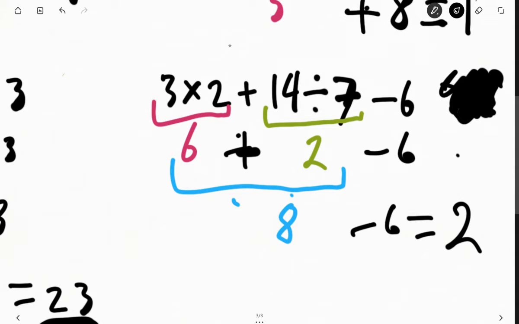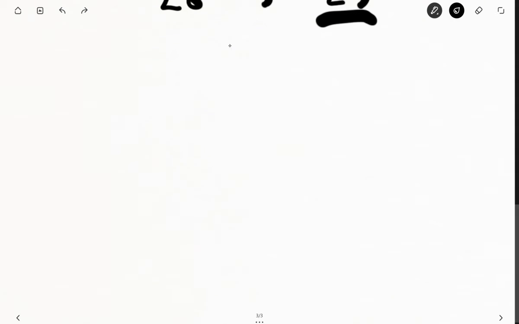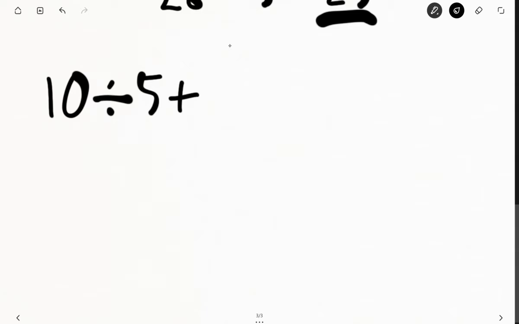So this problem looked a little different because the addition, subtraction, division, and multiplication were all split up. But it wasn't too bad because all you have to do is handle your multiplication and division problems on their own. And then when you're done with those, that's when addition and subtraction have their turn. Let's do another example. This time, we'll do something somewhat similar, but mix it up a little more. 10 divided by 5 plus 6 minus 7